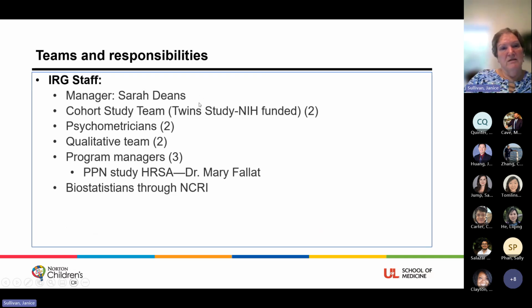So Sarah Deans is the nurse manager for this group. They have a cohort study team that is working with Dr. Davis on her NIH-funded twin study. And for those of you who are not aware, the twin study is over 40 years old. That was NIH-funded at the time. They started collecting data on twins from the time of birth, following them, I think it was up through adolescence. When the PI for the twin study retired, all that data was just in a box. They were able to take that data and enter it into a database,